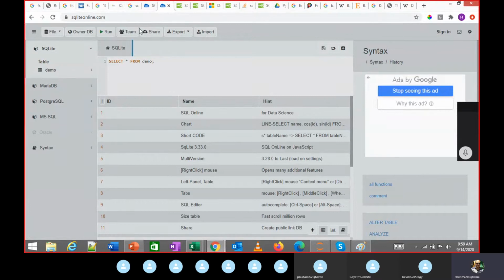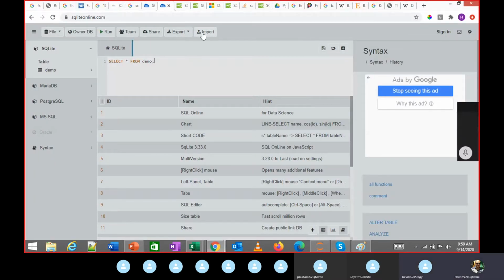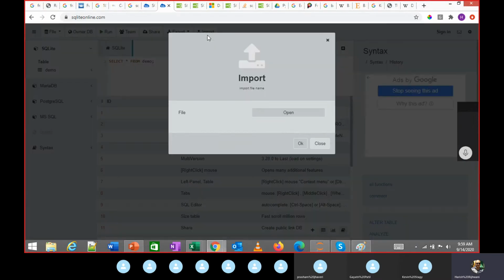Have you all opened this site, and do you have that CSV file? Have you downloaded this CSV file? Yes, sir. Right. So let's go to this SQLite website. Click on import